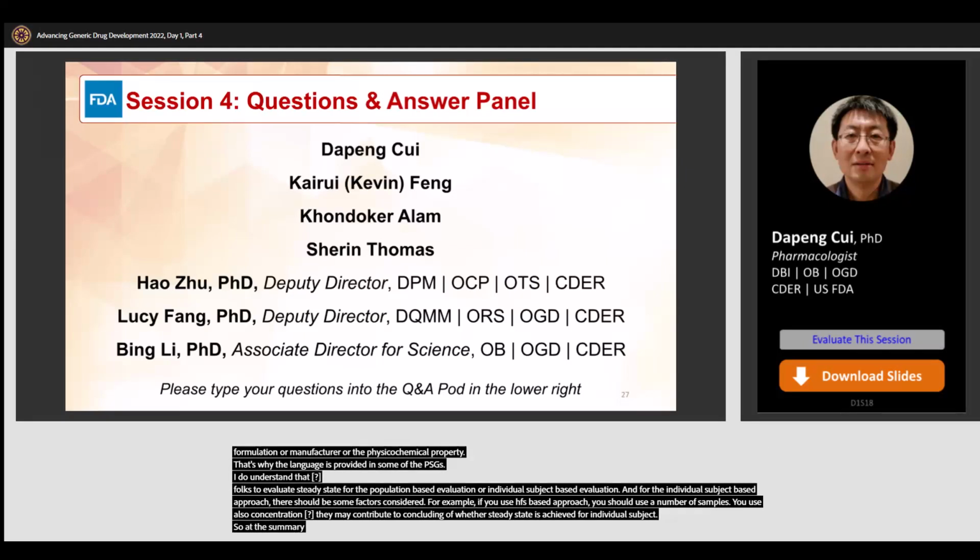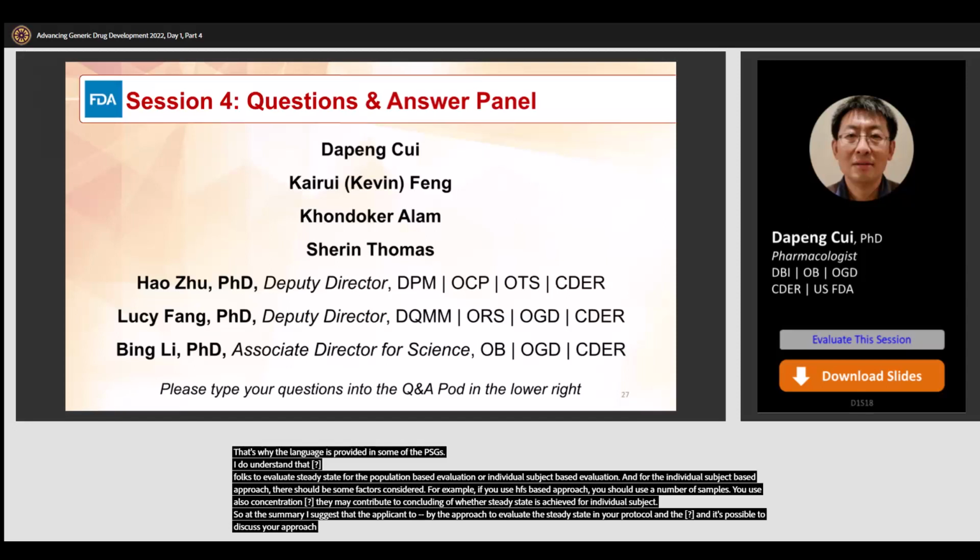the applicant first of all pre-specify the approach to evaluate the steady state in your protocol and statistical analysis plan, and if possible discuss your approach with the agency, for example, in control correspondence or a pre-NDA meeting, and also in the actual statistical analysis present the results of both, including or excluding the individuals that you consider did not